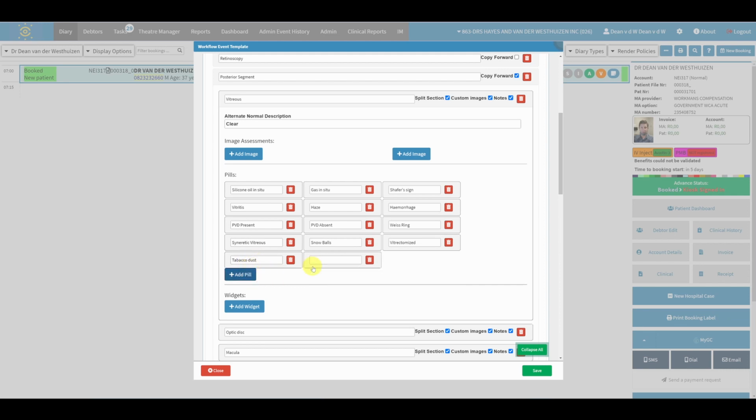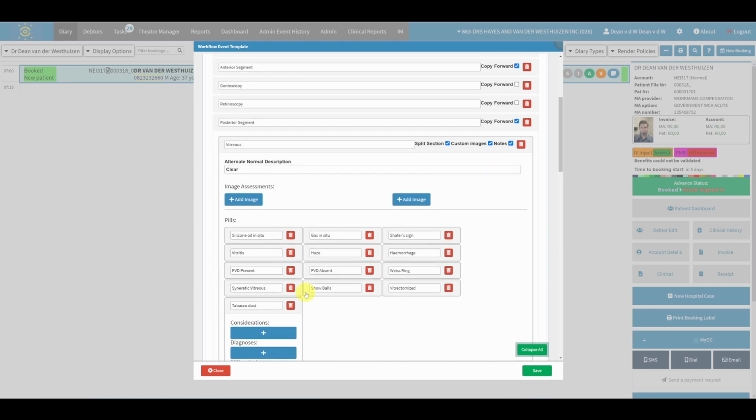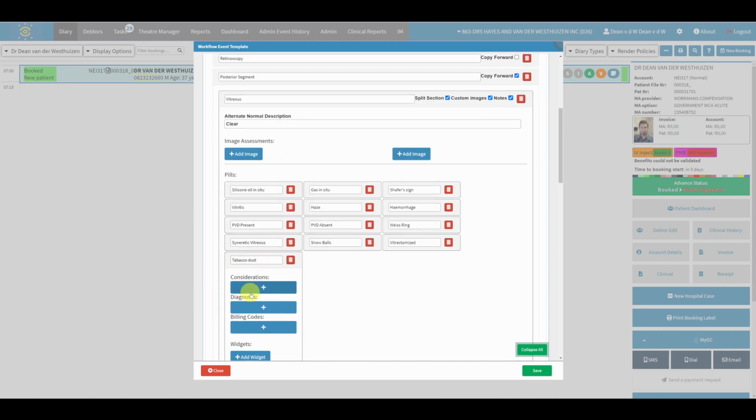I could add another one that says no tobacco dust if I wanted, and I could have two pills like that, tobacco dust and no tobacco dust. But often what I like to do instead is to make a drop down. So if I go to tobacco dust and I click on the outside, now I'm adding more information to this